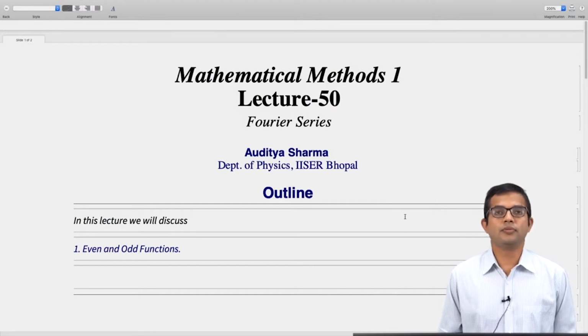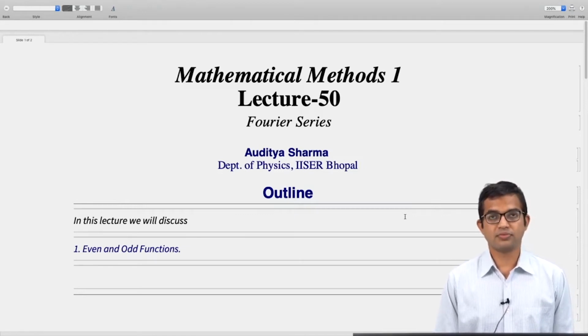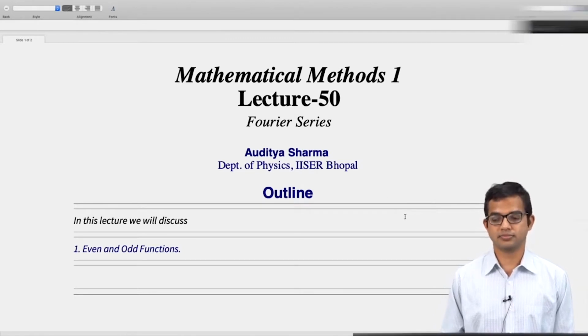Okay, so now we have laid down the prescription for a function of arbitrary period, reasonably well behaved, periodic in nature, which can be written as a Fourier series. And we have also looked at the Dirichlet conditions which guarantee convergence. So it turns out that if a function is either even or odd, some extra simplifications arise, right? Which is the topic for this lecture.